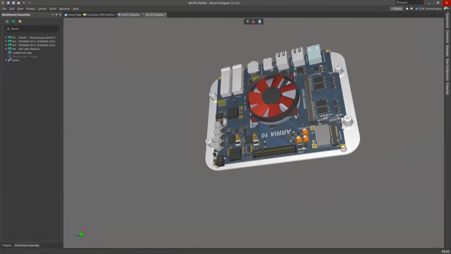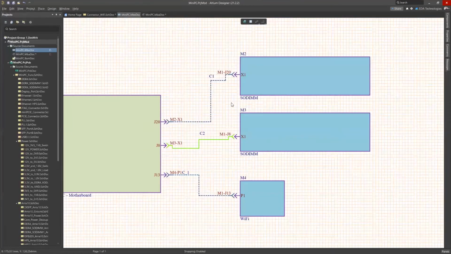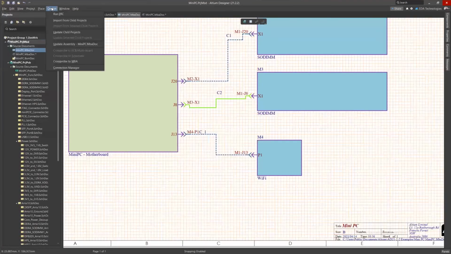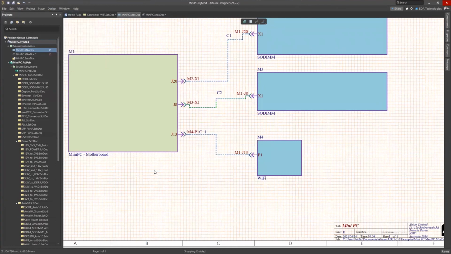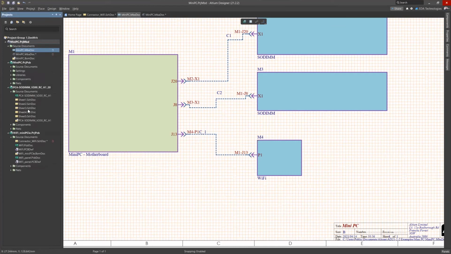So another useful thing is on the side, let's see if I can just get it to work. If I say run an ERC, what it will do is run a typical electrical rules check like you would on, say, for instance, just your SODIMM module project itself. But instead, what it will do here is it will also check the net connections between here and here. So say, for instance,